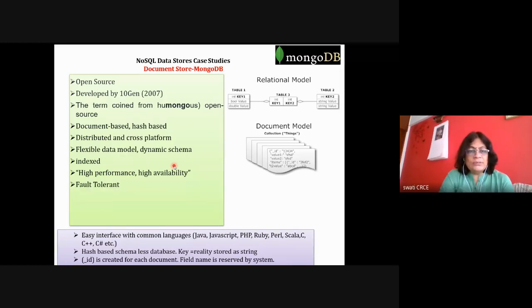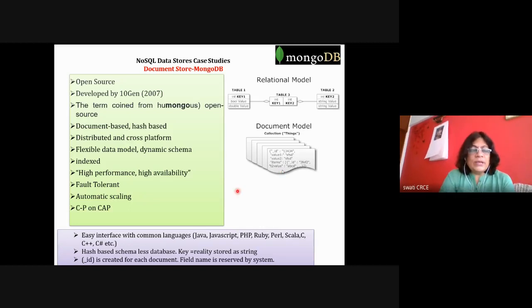Fault tolerant: there are multiple copies of your data residing at multiple locations. So if one particular partition is not available, the data can be retrieved from the other part. Automatic scaling is there. Whenever the load is increased in your application, new machines can automatically be added, or they can be used on the cloud to store the data.